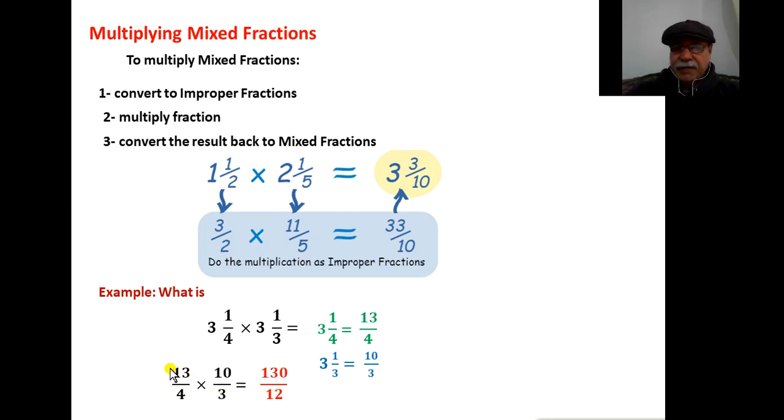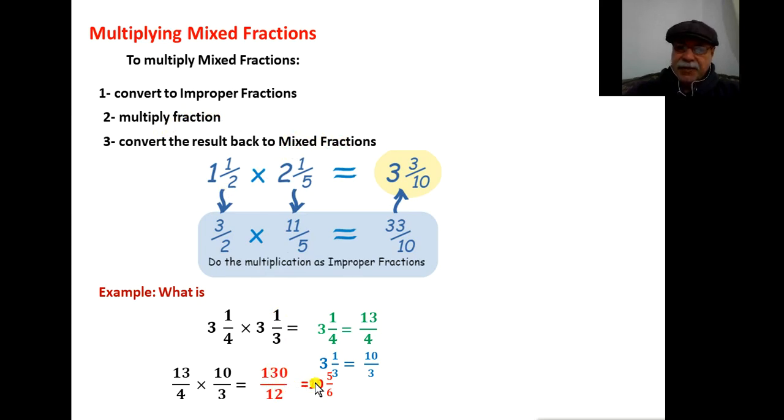Here I only multiplied the numerators and multiplied the denominators, so it was 13 times 10 is 130 and 4 times 3 is 12. That's why. Now I simplify this. I simplify this to a mixed fraction. After I multiply the fractions, I get